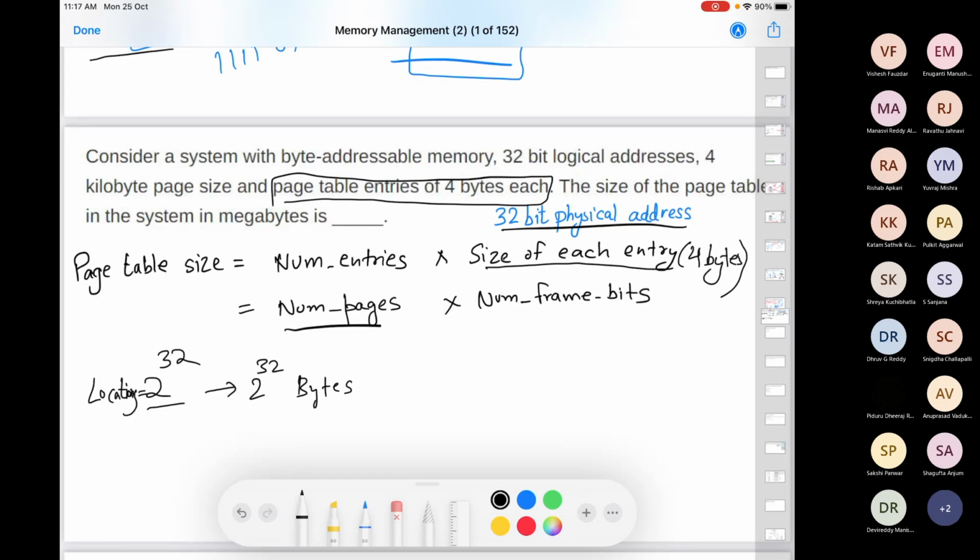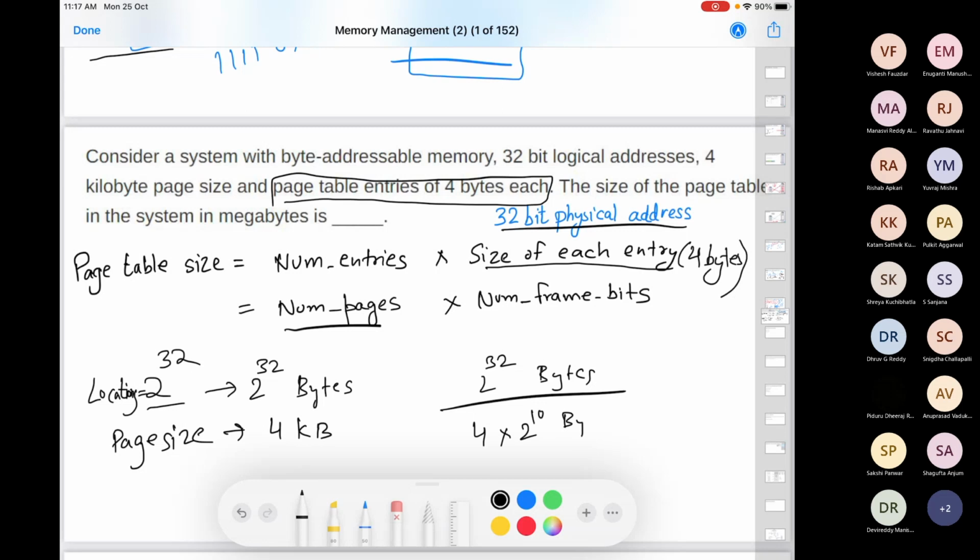Each page size is 4 kilobytes. How many pages do we have? 2 raised to the power 32 bytes divided by 4 kilobytes. 4 kilobytes is 4 into 2 raised to the power 10 bytes. Right? So this becomes 2 to the power 12, and the result becomes 2 to the power 20.